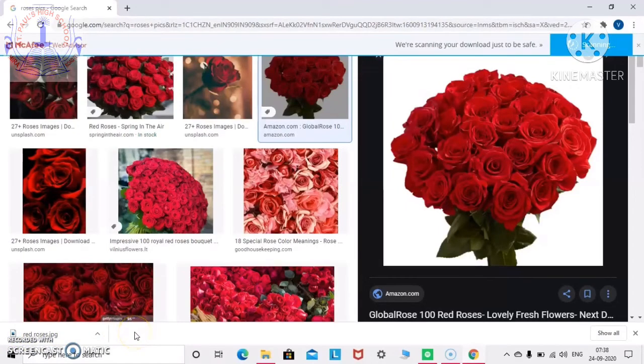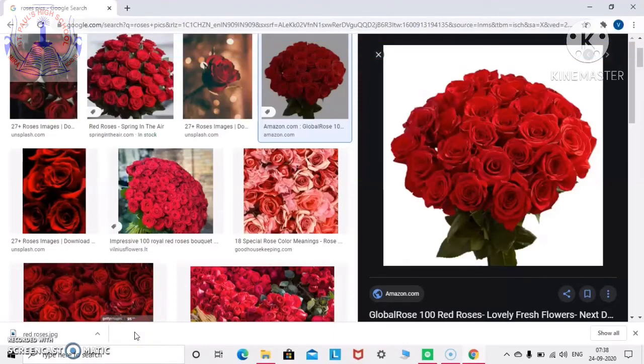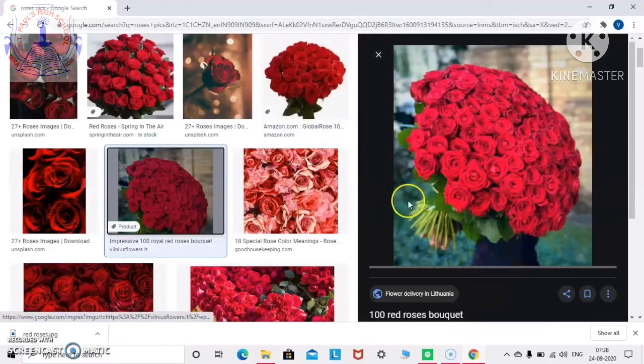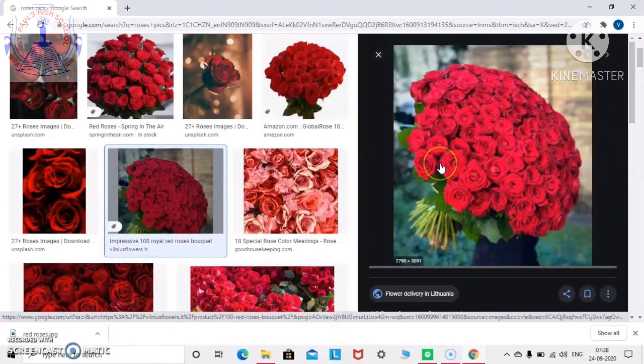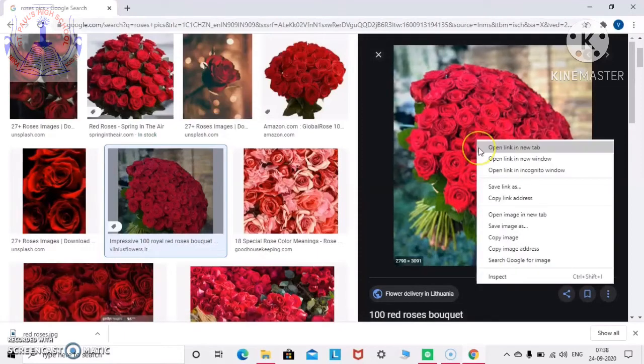Everyone learned how to download a picture? I'm explaining to you all again. Choose any picture from here. After choosing the picture, what are you going to do? On the mouse, you're going to click on which button? Right button. Very good. After clicking on the right button, where are you going to go? You're going to go to save image as.